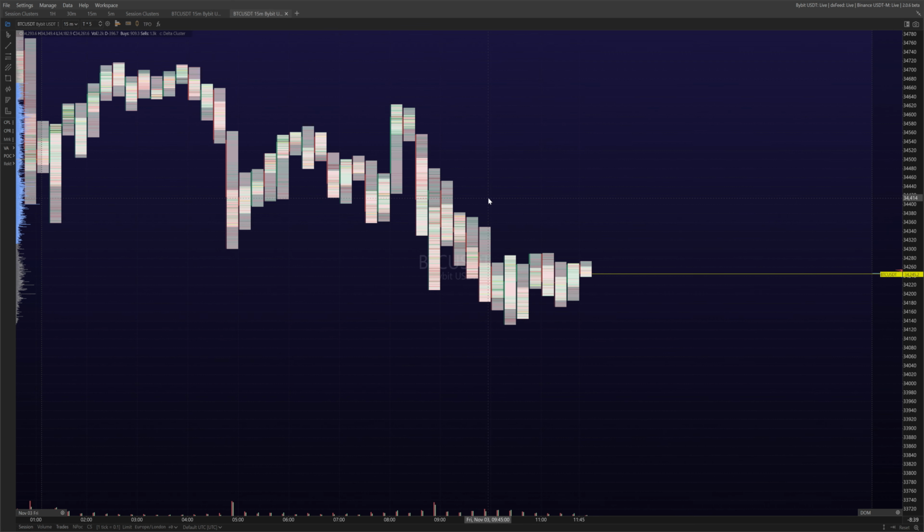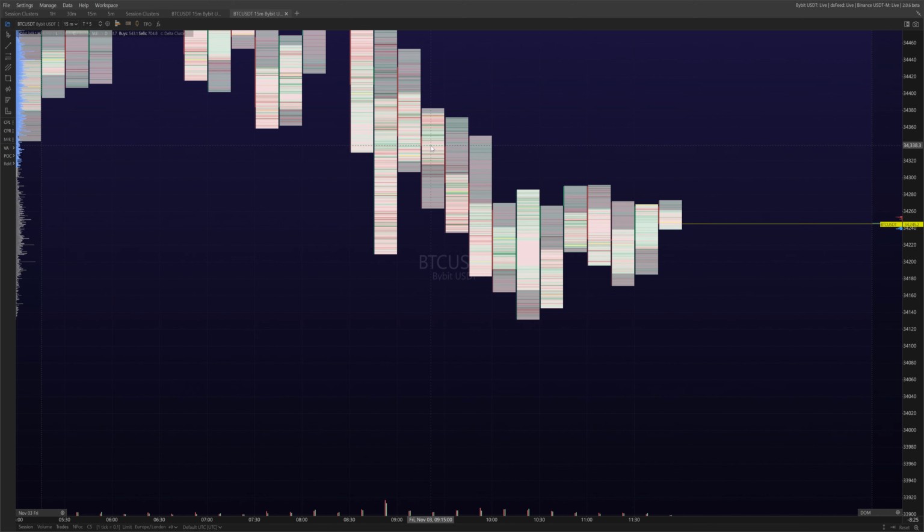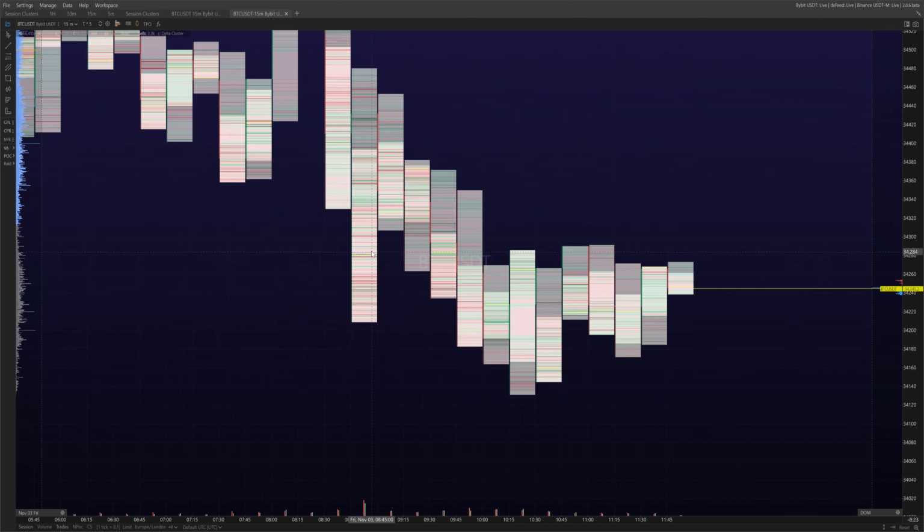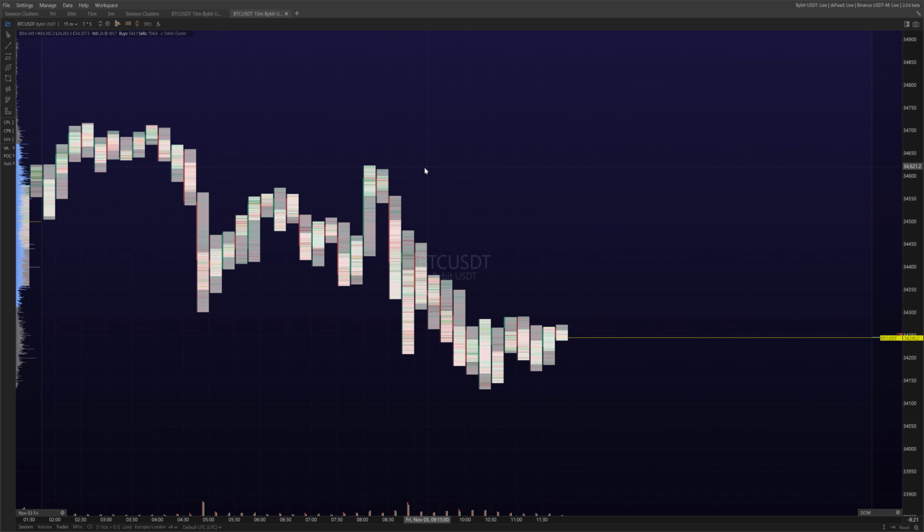This is what you're going to be loaded up with on any sort of default template. Okay, this is Bybit BTC USDT, the linear functionality. Okay, and before we even move any further, so you're going to select it all here. You've obviously got delta cluster here. Now, before we move any further into discussing the actual ins and outs of the candles, etc., right click, go